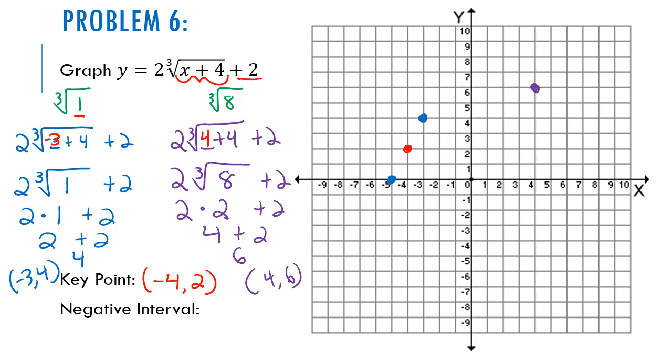4, 6. Okay, so we need to map that to the other side. So counting from the blue, counting to the right, to the purple. So I'm going to count up 2, and then we have 1, 2, 3, 4, 5, 6, 7. So I'm going to count down 2, 1, 2, and then 7 to the left. 1, 2, 3, 4, 5, 6, 7. Okay, I'm going to be going off the graph a little bit. So we'll say it's about here, and then we can connect